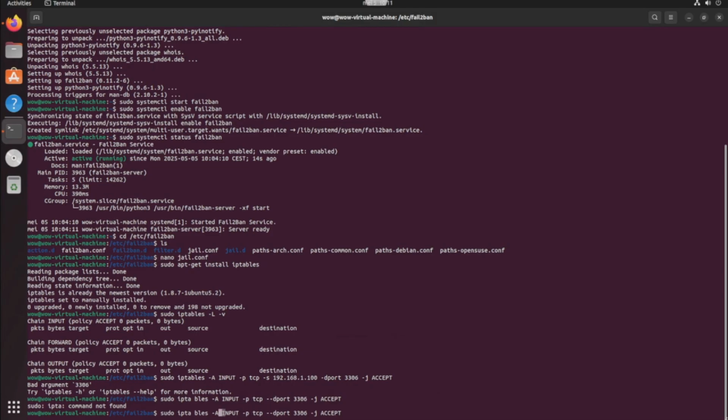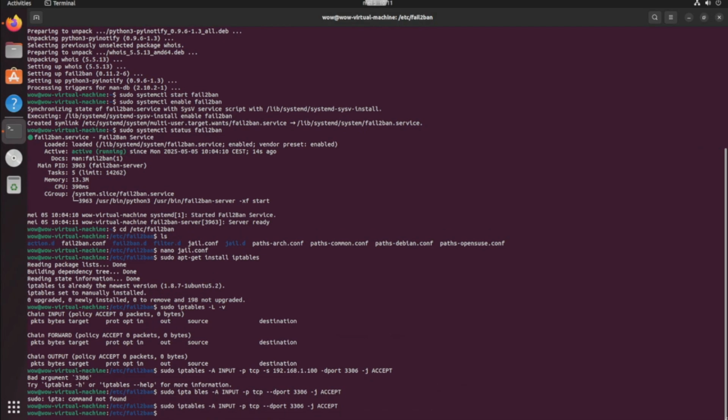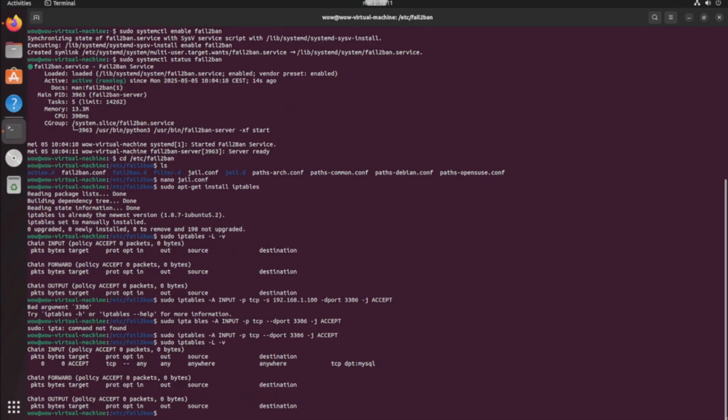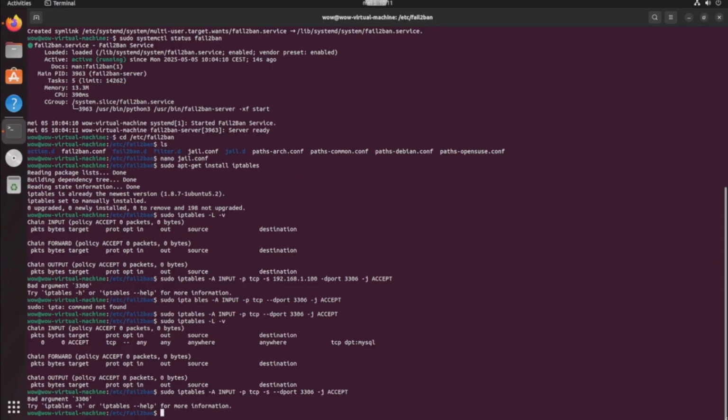Oh, I see the issue. The spacebar is right there. And voila. And now we will check again. And here we are. Now, in this case, we didn't require the source for where it's allowed to come from. So it's accepting, as you can see, from anywhere, which is not the best. So we can make some modifications,